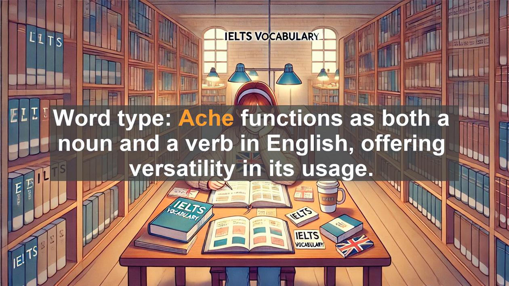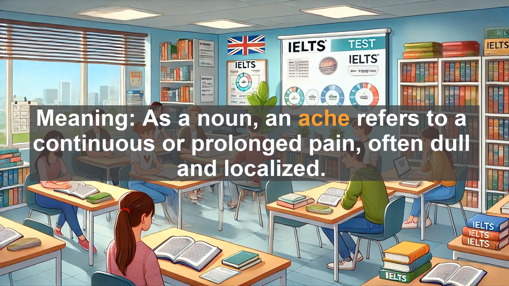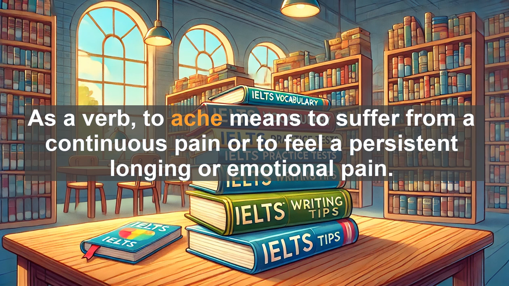Word type. Ache functions as both a noun and a verb in English, offering versatility in its usage. Meaning. As a noun, an ache refers to a continuous or prolonged pain, often dull and localized. As a verb, to ache means to suffer from a continuous pain or to feel a persistent longing or emotional